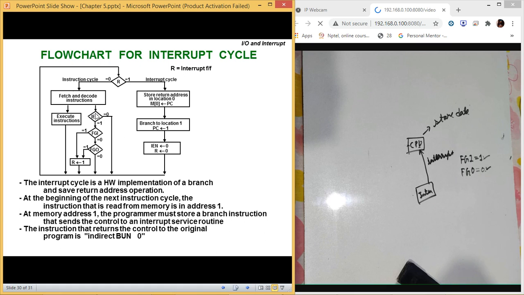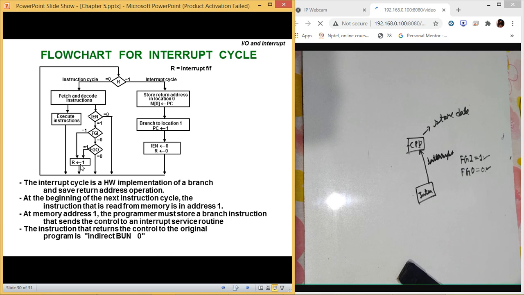And when it jumps from this to this part, this is known as an interrupt cycle. So an interrupt cycle is simply going out of the way to execute some other instructions instead of waiting for the user to input.